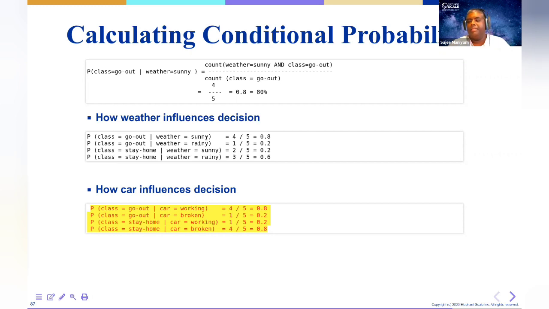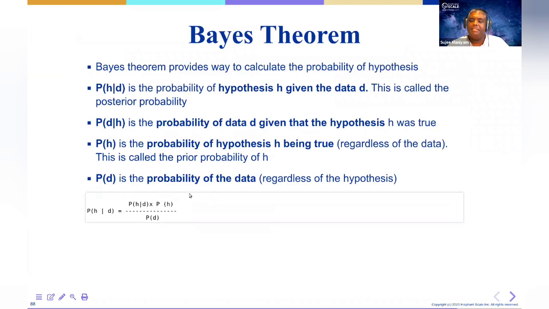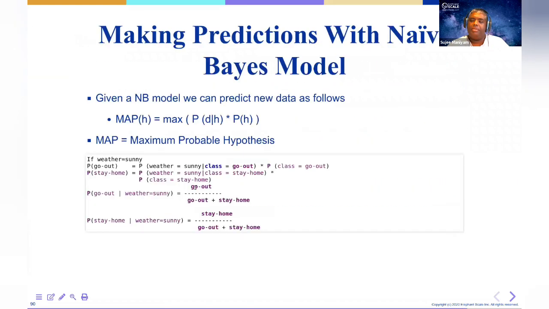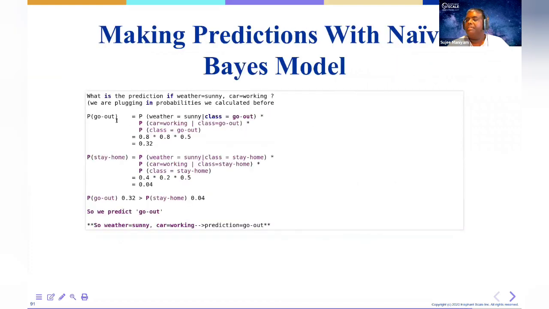So, all right, now that we have individual probabilities, right? Now I have probabilities for weather and car. So what are we going to do? We're going to combine them. So let me show the example here, right? Let me look at this one. This is easier. Okay, so here's a question for you, right? Whether sunny, car is working, what are the chances of me going out?